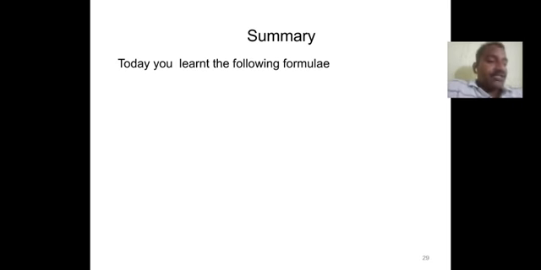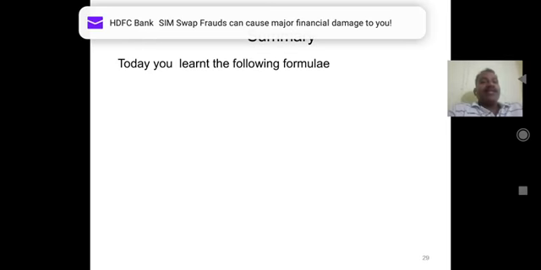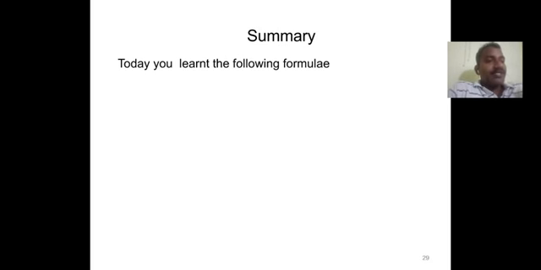With the help of this, we can find sin square A and cos square A in terms of cos 2A. That is, sin square A is 1 minus cos 2A by 2, and cos square A is 1 plus cos 2A by 2. These two are the principles for sin square and cos square in terms of cos 2A. Next, tan 2A. Tan 2A formula is 2 tan A by 1 minus tan square A. Cot 2A is cot square A minus 1 by 2 cot A.